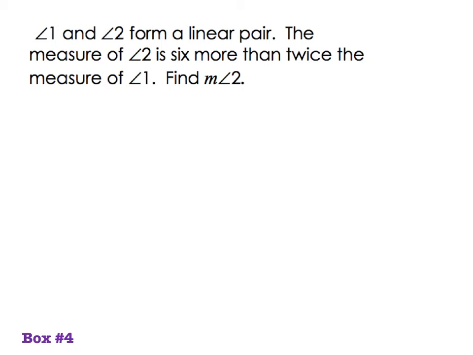So it says angle 1 and angle 2 form a linear pair. Measure 2 is 6 more than twice the measure of angle 1. So just going to draw a line. And by the way, if you're thinking what's a linear pair? A linear pair means two angles that make 180 degrees, that make a straight line. That's what it means. So we'll call this one right here 2, and I'll call this one here